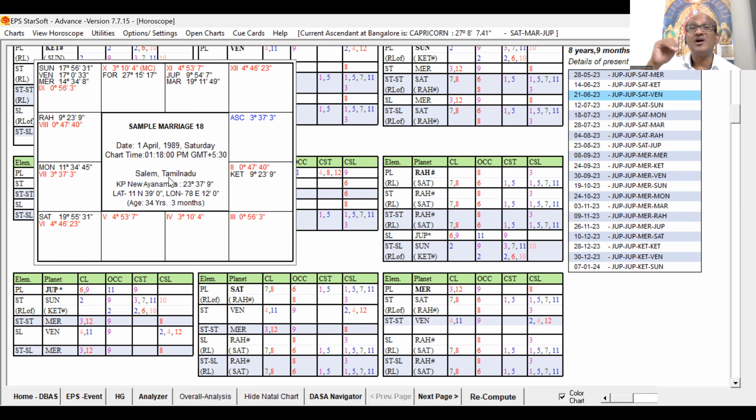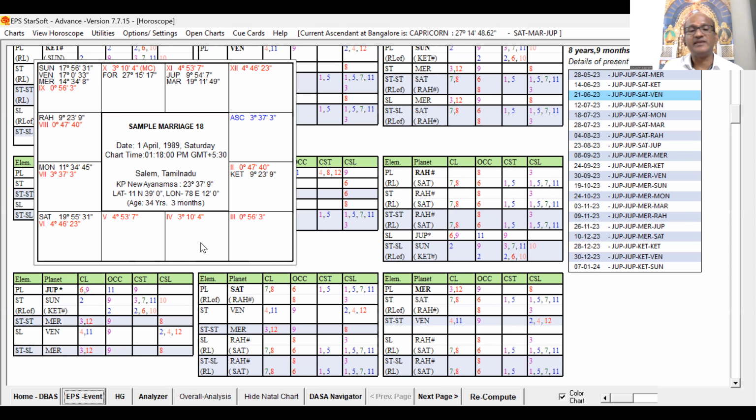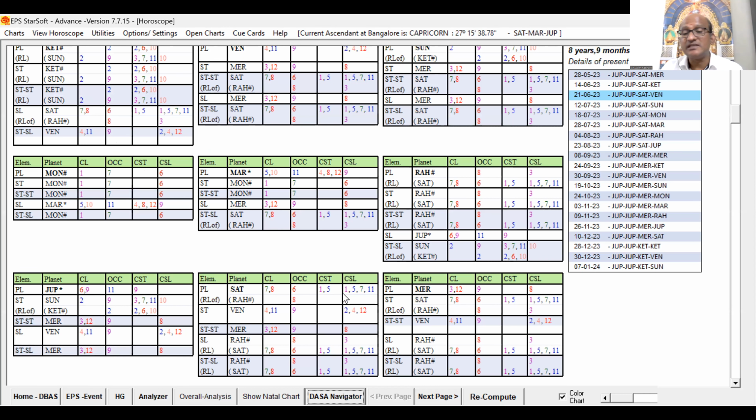Then we are going to study what the Dasa Buddhi period is going to give to the native for different types of events. Now I'm telling about the events in marriage. If you choose the event, there are a lot of events already inbuilt. You can also create your own event, so marriage or profession or progeny or whatever may be the event. The software also has some inbuilt events. Based on that, you can change the event, and accordingly the houses and colors will change. It will give us some clarity in the significations, and in the pilt table also the colors will change.